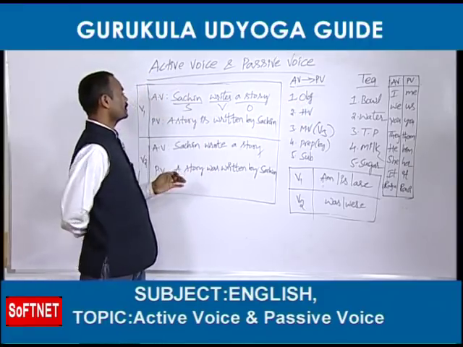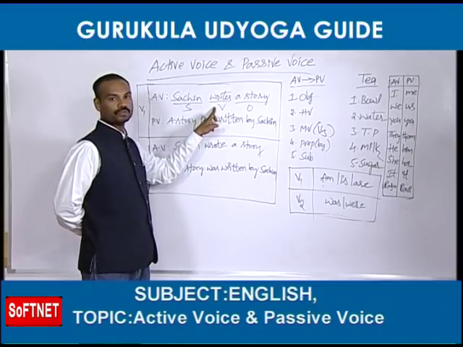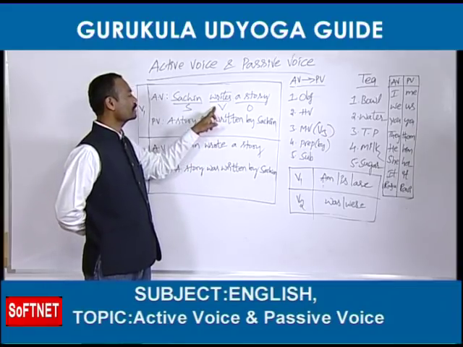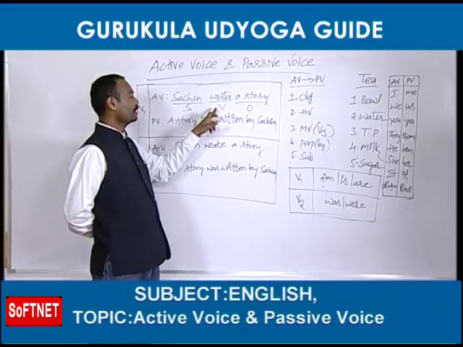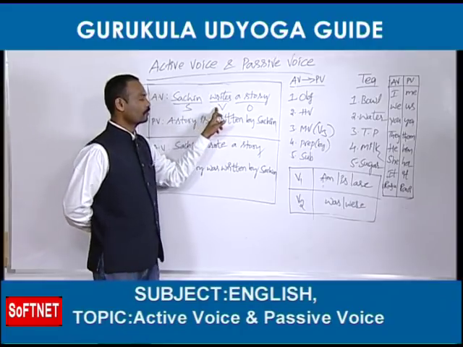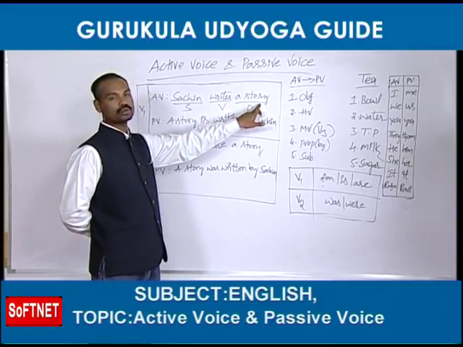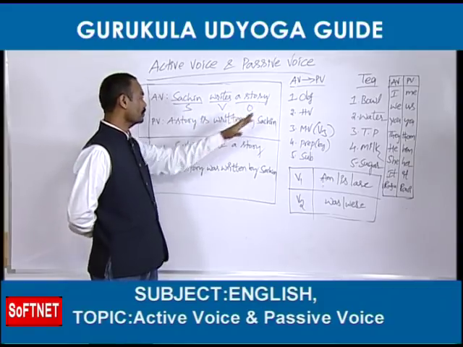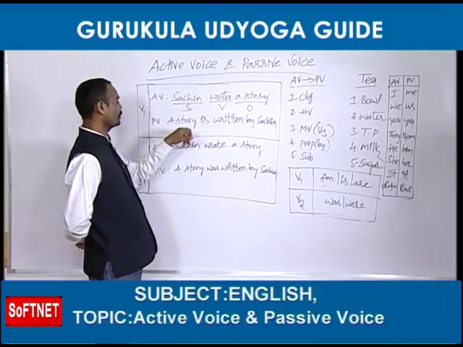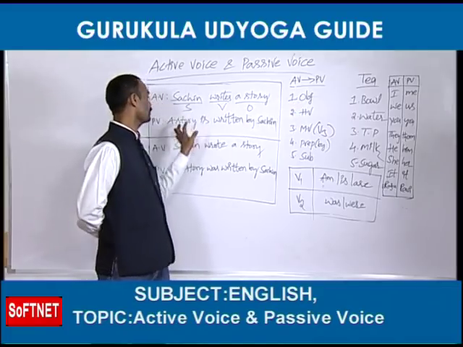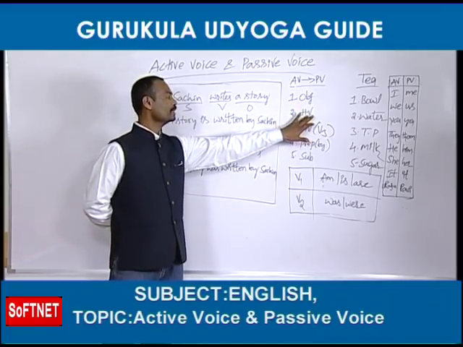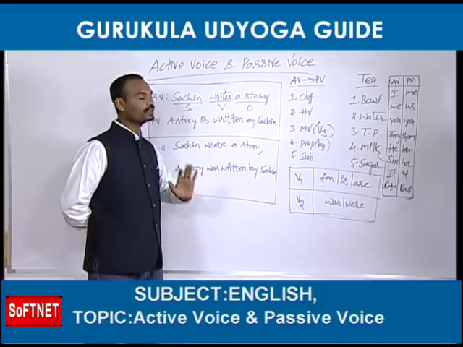Where is the object? To know the object, you should go to the verb, I told you. After going to the verb, you should ask a question: what or whom? What does he write? He writes stories. The coming answer is called the object. So the object is there. First we need the object, so we have taken the object. What do we need next? Helping verb. HV means helping verb.